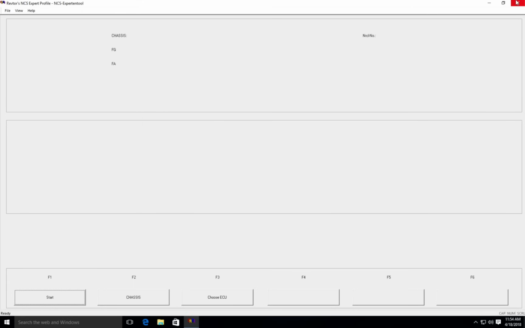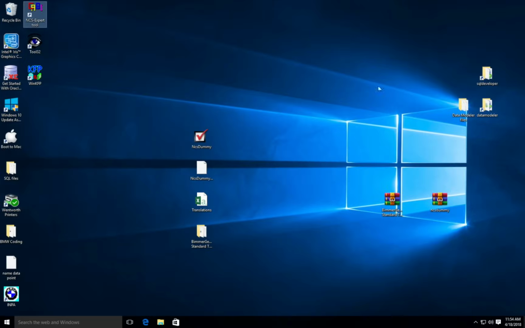So the only next step is to actually go to my car, plug it in, show you guys how to actually pull off the file, and then I'm going to show you how to code a couple things. I'm not going to go through all the coding options. I will put a link online of where you can look at a lot of the coding options depending on your car. Different cars have different options. In this video, I'm probably going to show you how to code